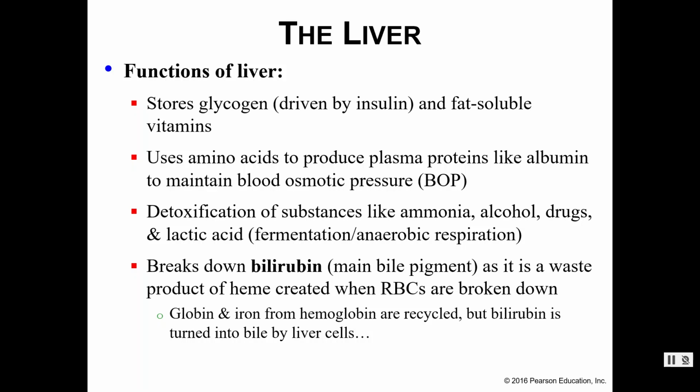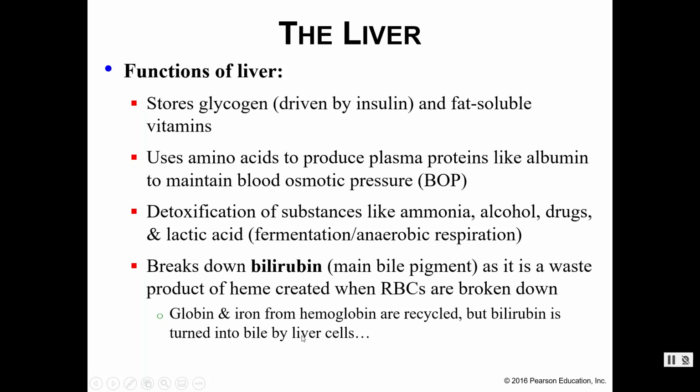And our liver, last but not least, breaks down bilirubin, which is one of the main pigments of bile. It gets broken down into a waste product. One of the waste products is heme, which you should be associating with red blood cells. The globin and iron from the hemoglobin molecules, remember, we can break down these red blood cells and get all these little parts back. The globin and the iron, we can recycle those, but the little bit of bilirubin,